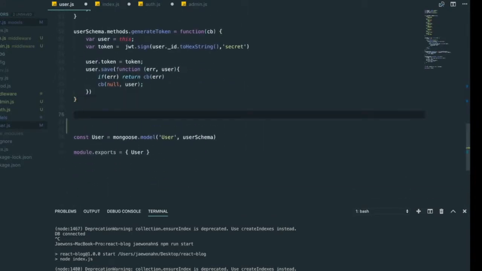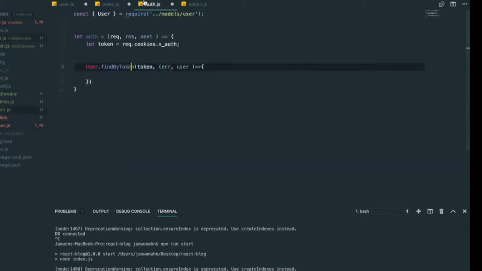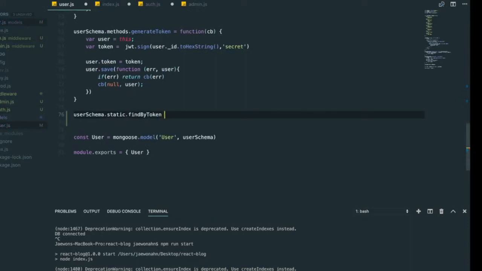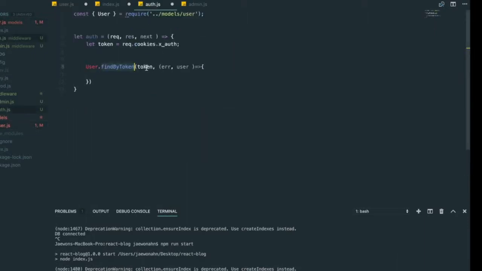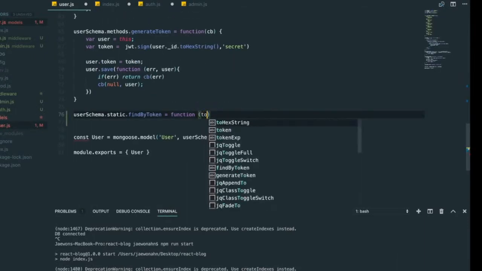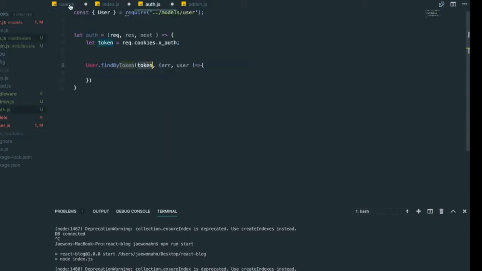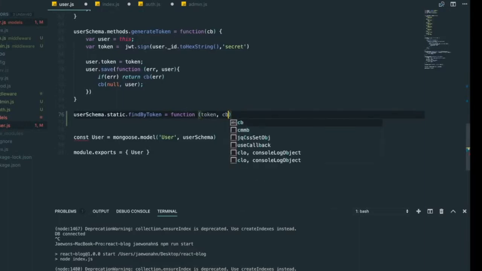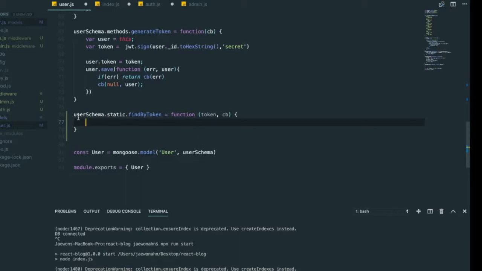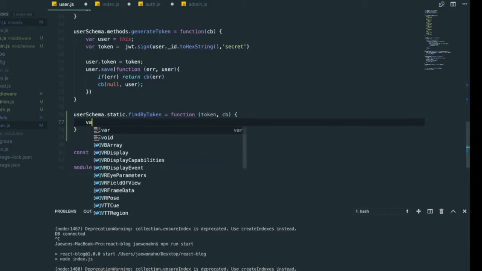So in here we will do user schema, then static, find my token in the function. First parameter is token. Well, we need to get token, and then the second one is the callback function. So we will write callback. And here first we will get this one,